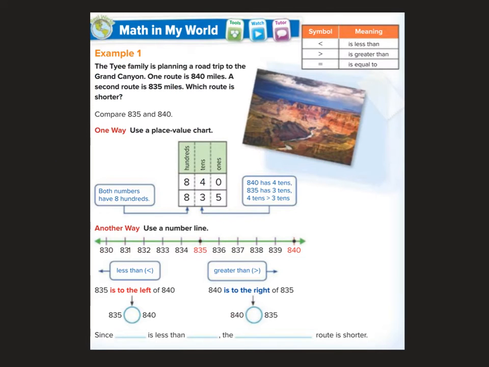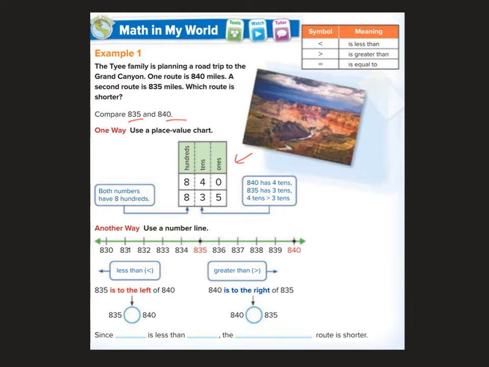Great, example 1 here. The Tai family is planning a road trip to the Grand Canyon. One route is 840 miles. A second route is 835 miles. Which route is shorter? Okay, so if we're going to compare 835 and 840, if we line them up in